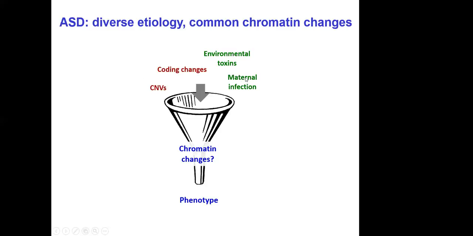And that's really important because no drug company is going to go after autism CNVs or autism coding changes. They're too rare. There's no money to be made. But, you know, that's a reality. But if the chromatin changes are common, the drug company is interested, because you can come up with a drug that can help a large fraction of autistic individuals. And that, I think, is the concrete implication of our work.